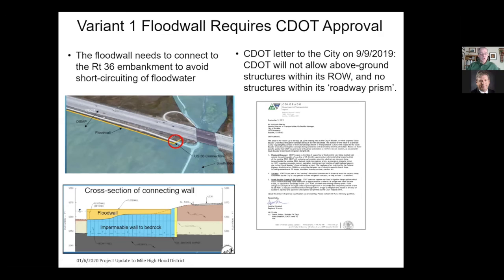Previously, the flood wall was actually going to be within the CDOT right-of-way, and because of this letter, the city had to move the flood wall to be just outside of that domain. And yet this connecting wall, which is a critical element of the flood wall's success, directly violates this written letter from CDOT. So that begs the question, here it is on the bottom, what if CDOT says the connecting wall